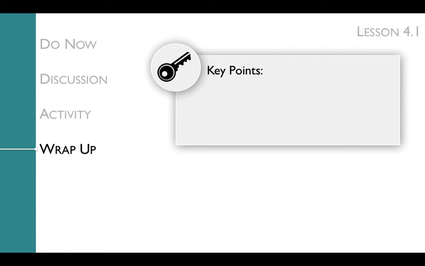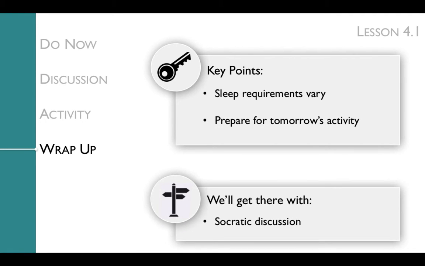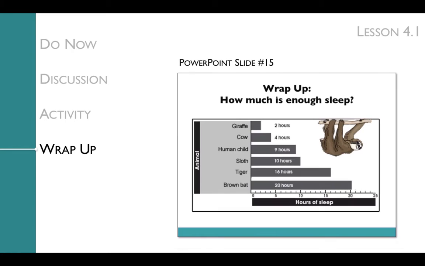The key points of the wrap-up are that sleep requirements vary, and to prepare for tomorrow's activity. We'll get to these key points with a Socratic discussion. In the wrap-up, you use the graphic on this slide to get students thinking about how much sleep is needed to function properly. You'll ask the students, how much is enough sleep? The answer to this question varies widely, and lays the groundwork for our activity tomorrow, in which we'll be analyzing